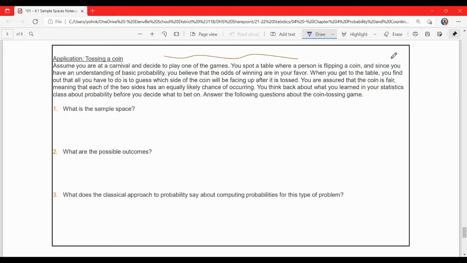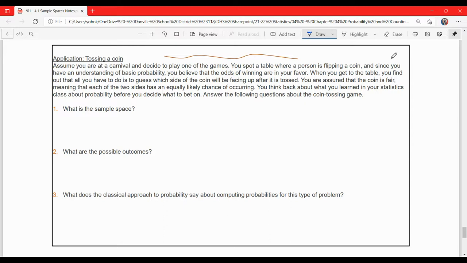All right, so here's an application that we're going to talk about. Assume you are at a carnival and decide to play one of the games. You spot a table where a person is flipping a coin, and since you have an understanding of basic probability, you believe that the odds of winning are in your favor. When you get to the table, you find out that all you have to do is to guess which side of the coin will be facing up after it is tossed. You are assured that the coin is fair, meaning that each of the two sides has an equally likely chance